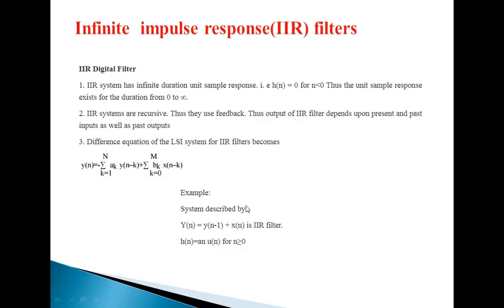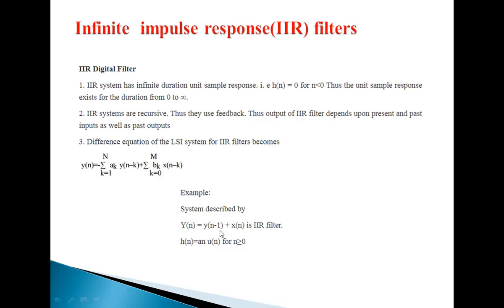And here we can represent this infinite impulse response filter, which has both present input, past input as well as the past output part. So it is again represented with the help of a difference equation. Let us call it y of n equals minus summation k equals 1 to N a_k y of n minus k plus summation k equals 0 to M b_k x of n minus k. Now this is how we are representing the difference equation for this IIR filter.